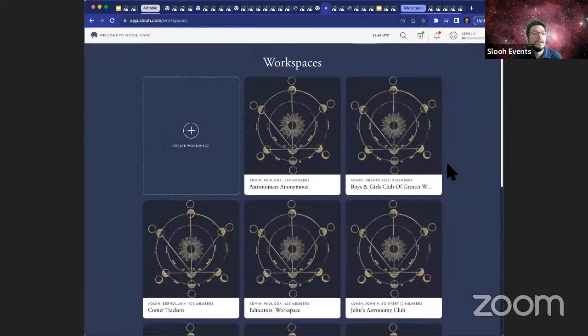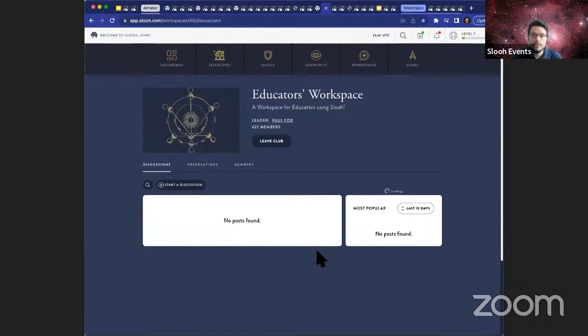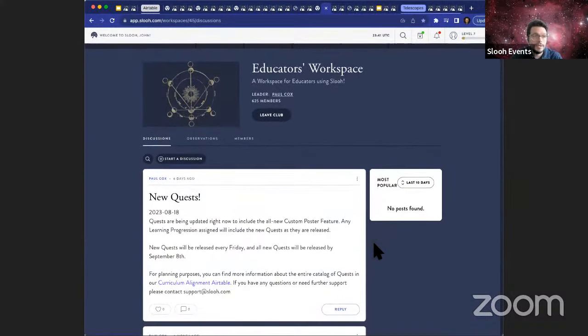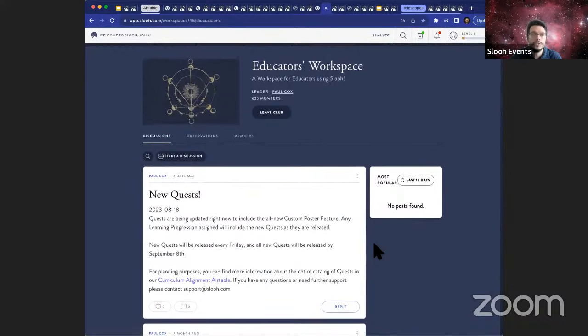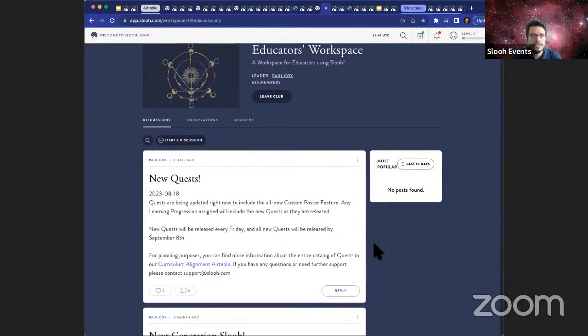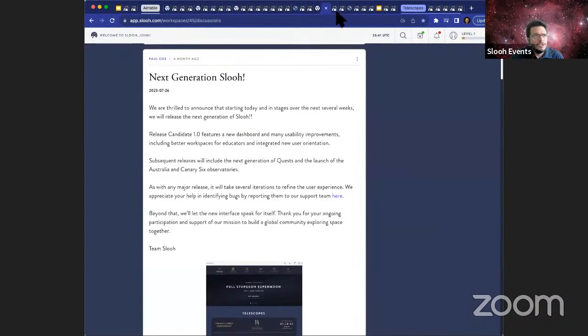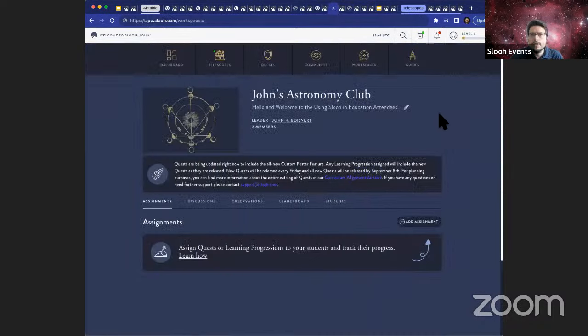Now, I can't show you any real education workspaces for privacy reasons, but I can show you the educators' workspace, which is for all educators that use Slooh. It's a great spot for educators to learn about our upcoming education webinars, which make sure that educators know how to use Slooh to engage their students and set them up with educational success. I do, though, have a demo workspace, and